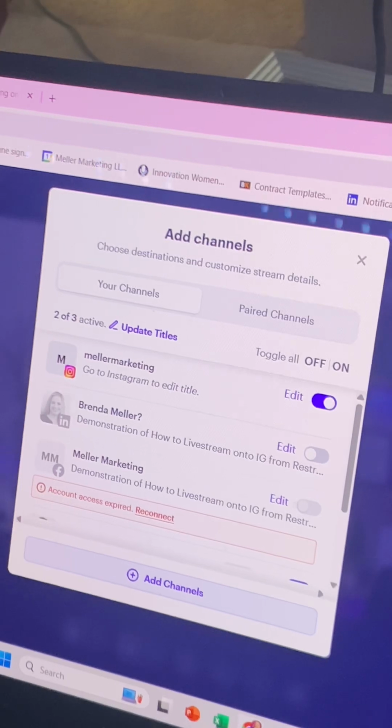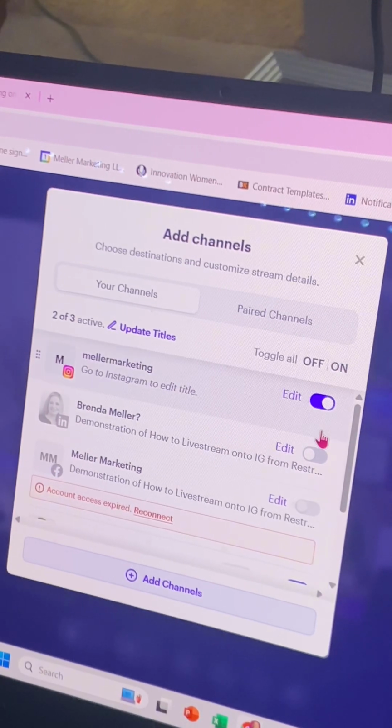So I'm going to flip the camera over and show you the screen right now. And then I am actually going to do a live stream. So there'll be 2 videos about this on my YouTube channel. Let's get started. So starting the process off, I've got everything kind of prepped up here inside my Restream window